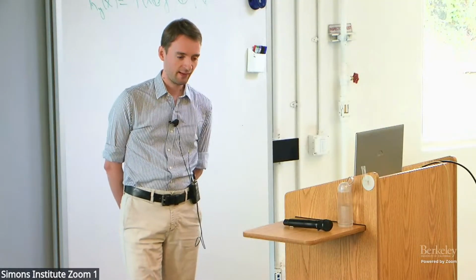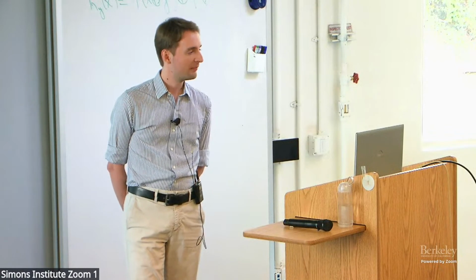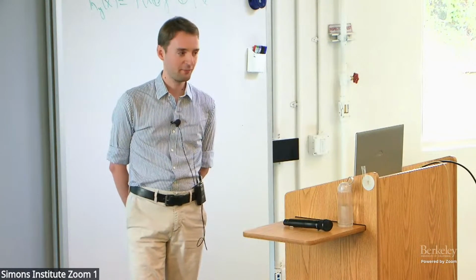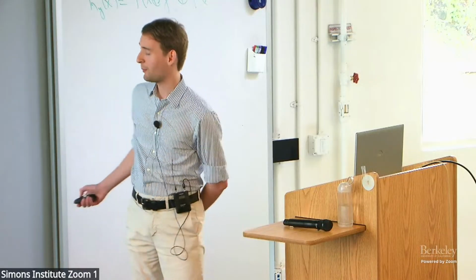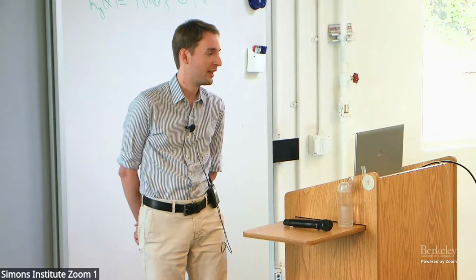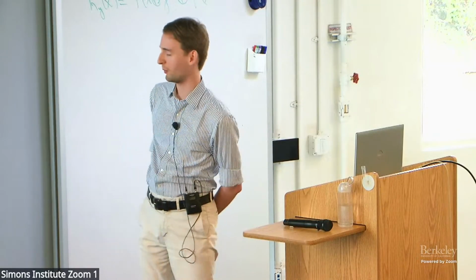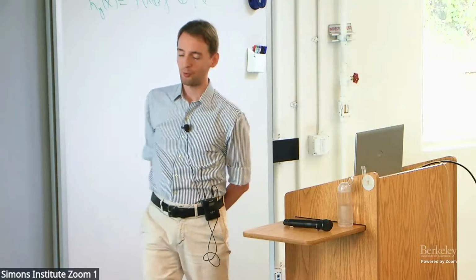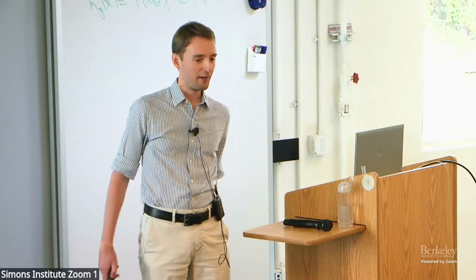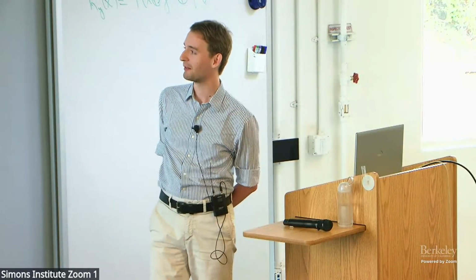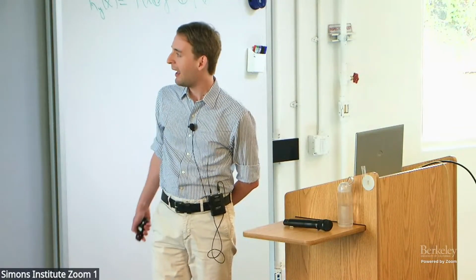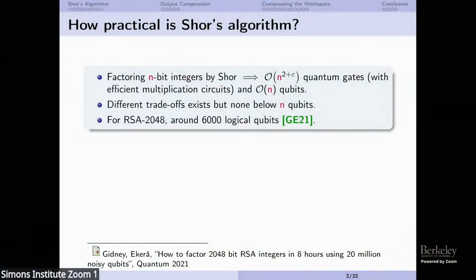So I think we all know in this room that with Shor's algorithm, we can solve factoring and discrete log problems in polynomial time. So as far as crypto is concerned, we're done. Polynomial time means it's broken and we don't use it anymore for post-quantum crypto, okay. But we might also care about what is the exact cost of this and how soon we can hope to be able to run this on actual quantum computers. In this talk, I will be interested mostly in the space complexity, so the number of qubits we need.